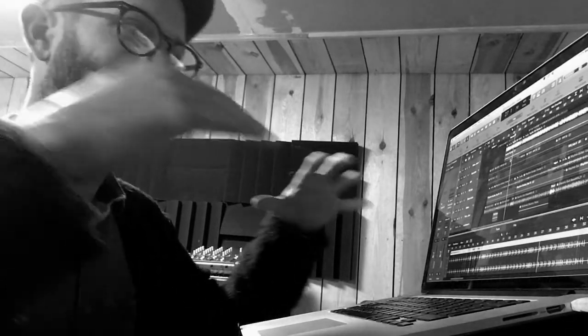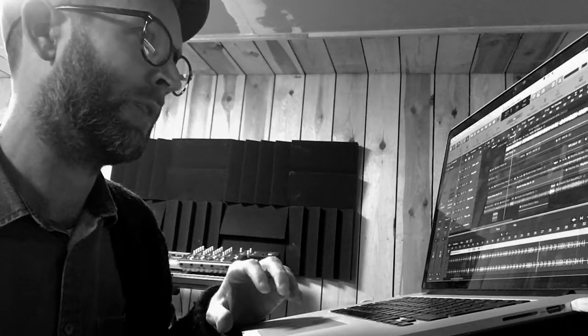the vocal sits on top of this vintage groove and it's really head nodding. It's giving a bit more of an edge to the tune. It's got a lot of soul, this tune. So